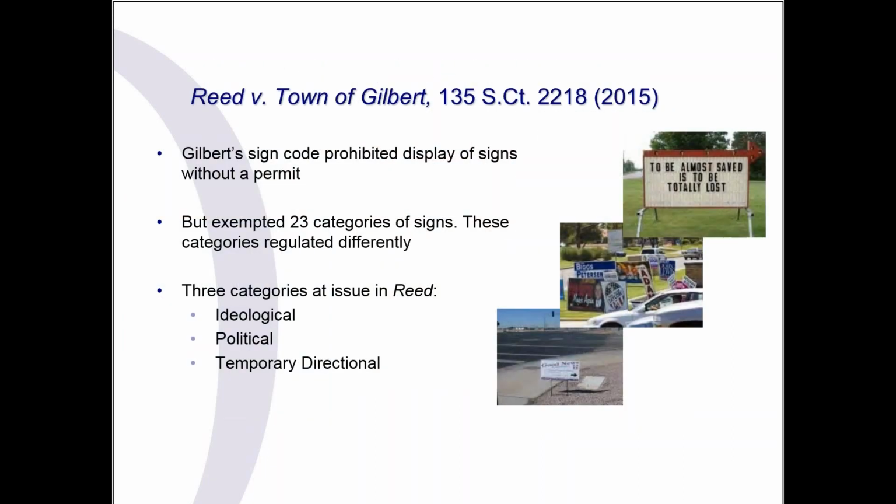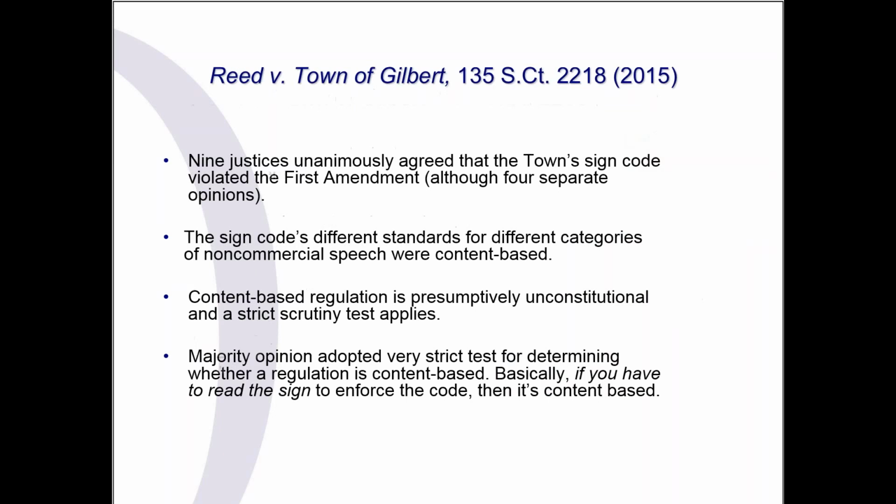A quick overview: Gilbert is a town in Arizona, and the town of Gilbert sign code prohibited the display of signs without a permit. However, it exempted 23 categories of signs. These categories were then regulated differently, and those at issue in Reed were ideological signs, political signs, and temporary directional signs. Reed was a pastor, and his church utilized temporary directional signs to direct the members of the church to the church because it had different locations it would use each week. And the town enforced upon them, and